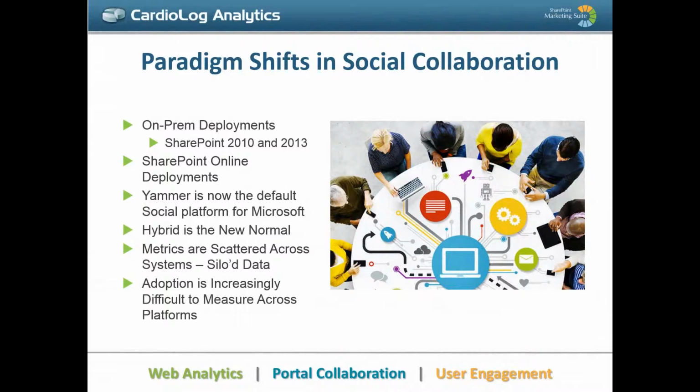The problem here is that the metrics are scattered across all of these systems. You have siloed data. So now you have adoption metrics and utilization metrics in SharePoint on-premises behind your firewall. You have utilization metrics and usage analysis capabilities in Yammer by itself, which is a separate silo. And then you have SharePoint in the cloud, SharePoint Online, which also has its own set of metrics. How do you bring all of this together, and how do you drive adoption? You can see that with this scattered scenario, it's incredibly difficult to get a clear picture.